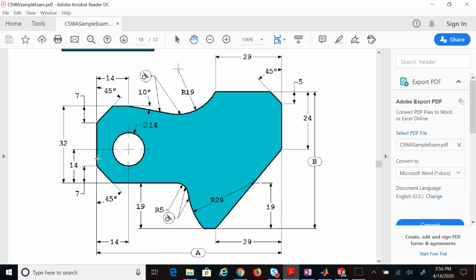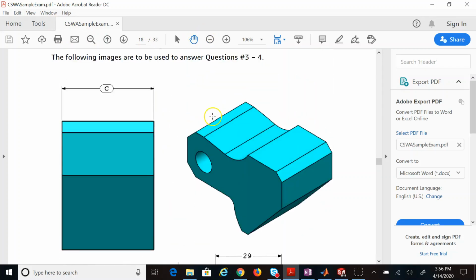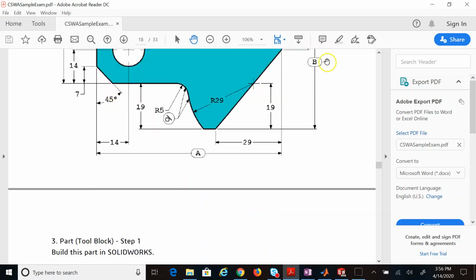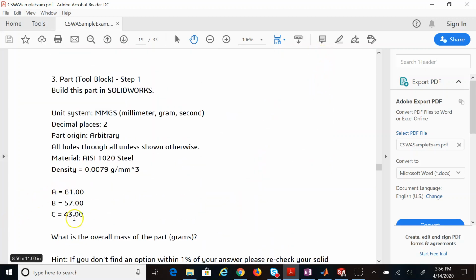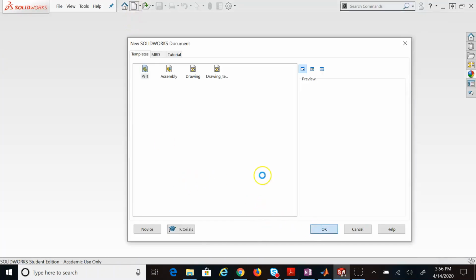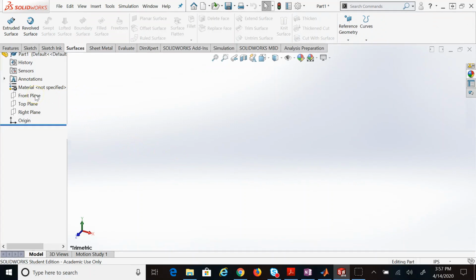So the thing is, this sketch. This is an interesting sketch with so many dimensions and everything, and you need to create that. And again, you need 3 parameters, C, A, and B, and these are the numbers for them. So when you go to SolidWorks, new part, and then you start on the front plane,